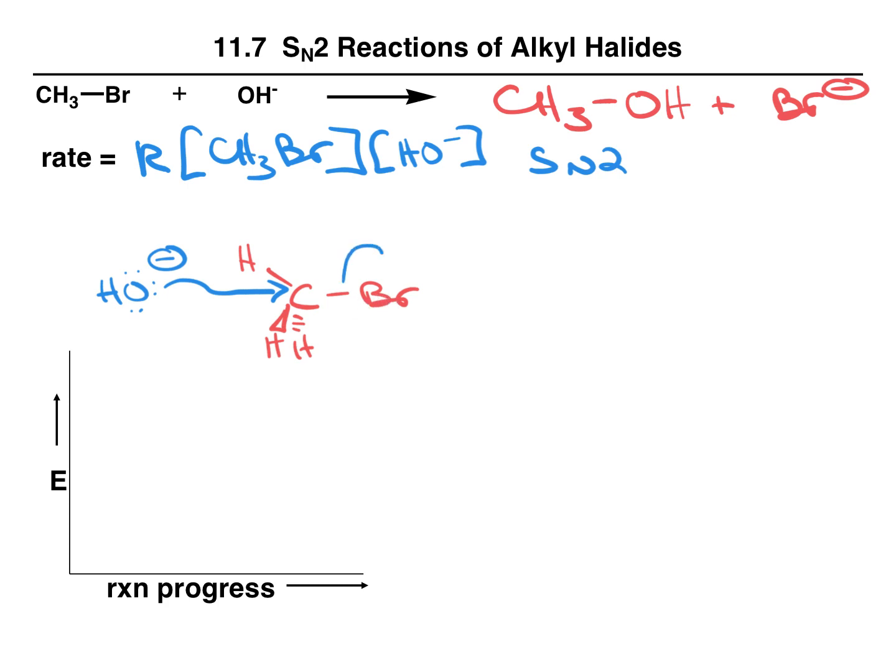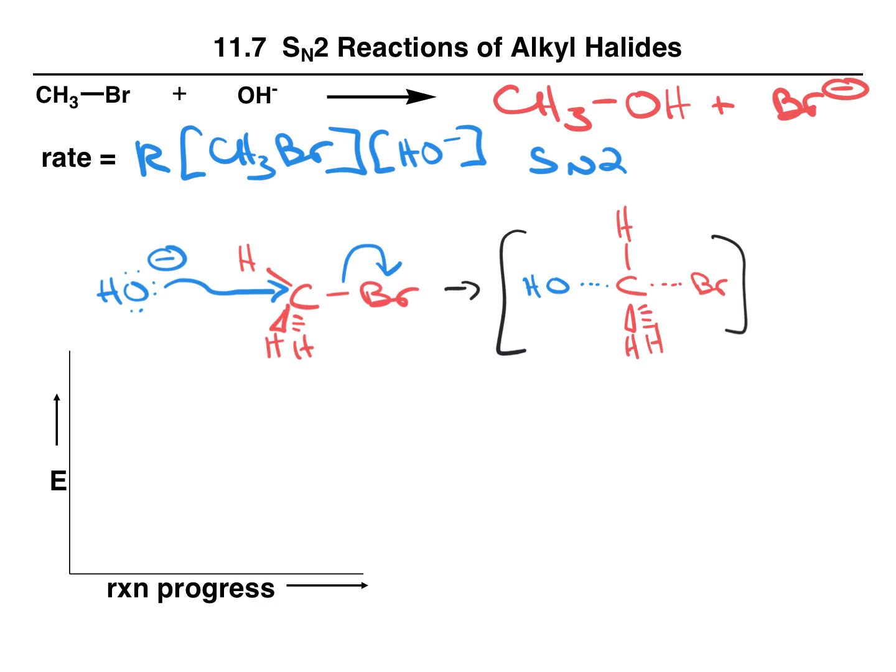This is a concerted reaction, and so the bond forming and the bond breaking are happening at the same time. If we think about the transition state, our oxygen-carbon bond is forming, our carbon-bromine bond is breaking, and these hydrogens flip inside out. So in the transition state, these guys are going to be kind of planar,